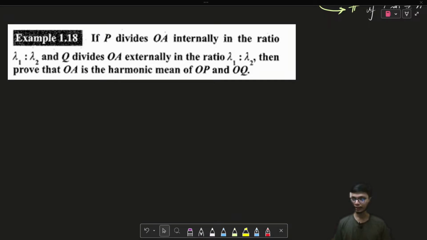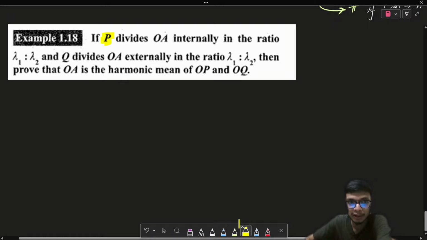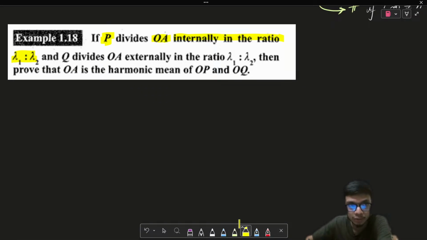So alright, I hope you have read the problem. If you look at this problem, it is said that the point P divides this line OA internally in the ratio lambda 1 is to lambda 2, and the point Q divides this line OA externally in the ratio lambda 1 is to lambda 2, then you have to prove that OA is the harmonic mean of